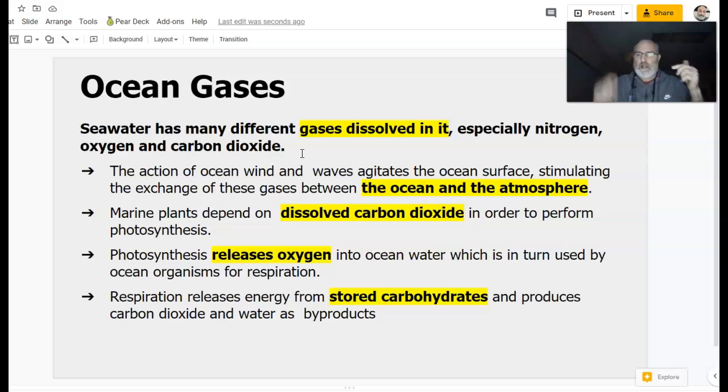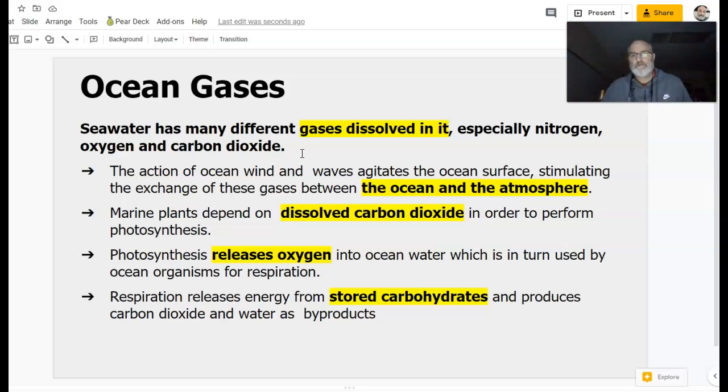I always kind of wondered, well, how does oxygen get into the ocean? Well, one answer is that phytoplankton make it through photosynthesis. But in order to make oxygen through photosynthesis, you need to absorb carbon dioxide, right? Well, that raises a second question. How the heck do you get carbon dioxide in the oceans? Now, the answer is the agitation of the surface of the ocean through wind and through waves allows some of the carbon dioxide that's in our air to get churned into the water. Once it does, that carbon dioxide is absorbed by phytoplankton, who use it during photosynthesis, and then they release oxygen